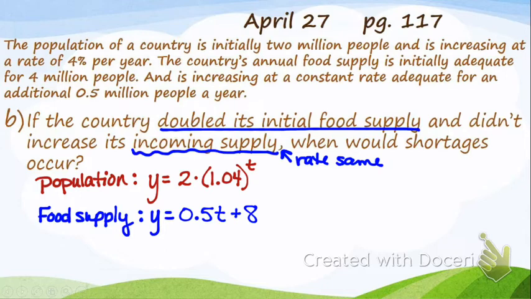When are shortages going to occur? I want you to answer the same question here, but now they're starting off with more food in storage. See how much time that buys them. 79 years before is when people started starving. How much does it change if we double the initial amount?